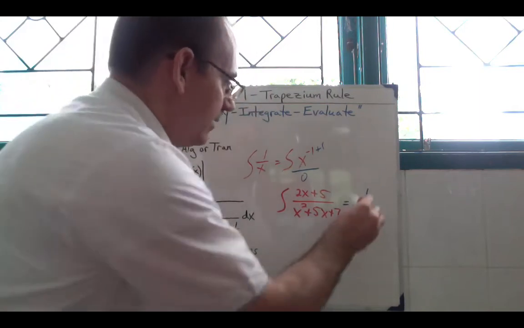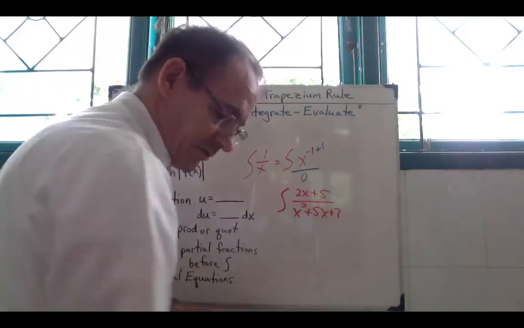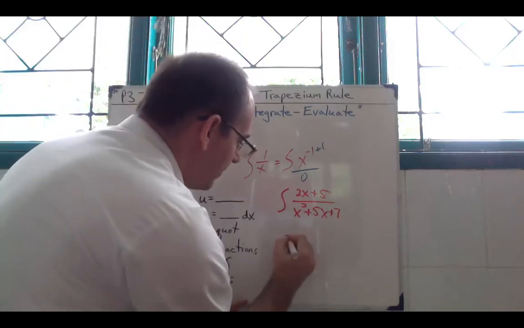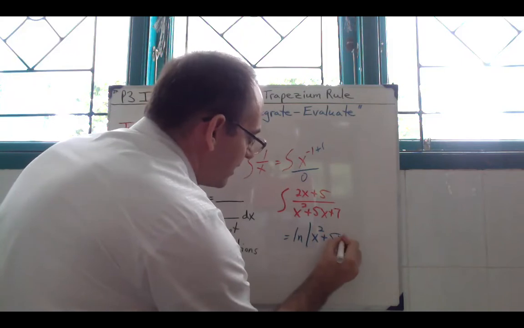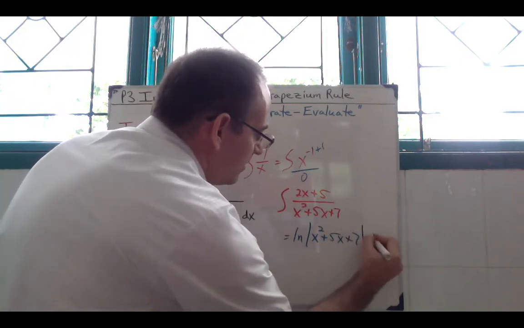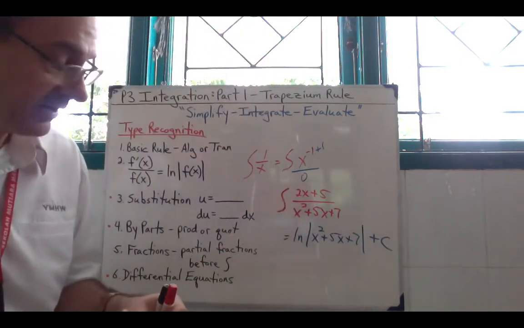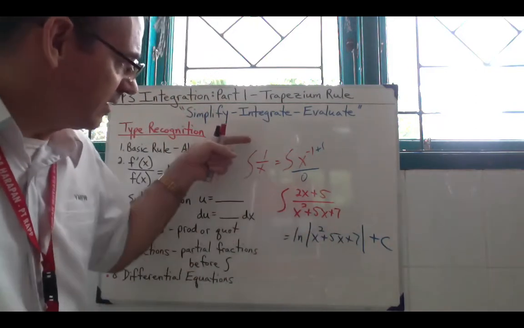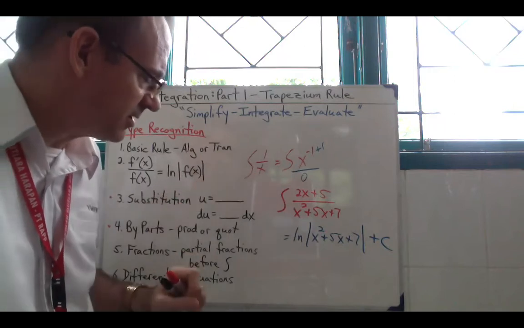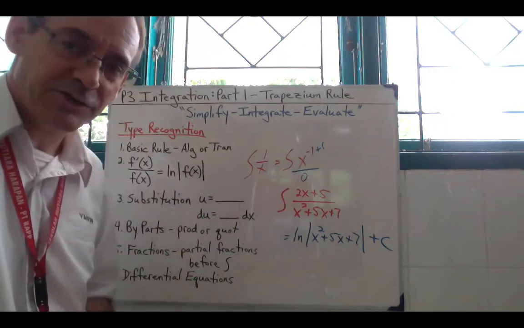And let me put it down here. There's not a lot of space over there. This then would become ln of x squared plus 5x plus 7, and then plus c because there's no bounds of integration. So this form of the derivative over the function is an important one to remember,